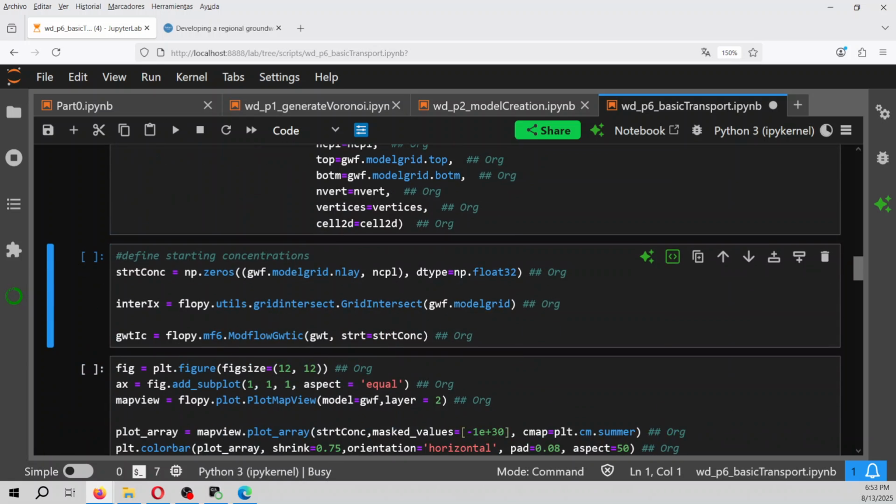On the starting concentration, okay, the starting concentration is,